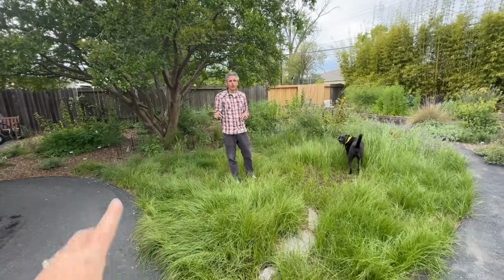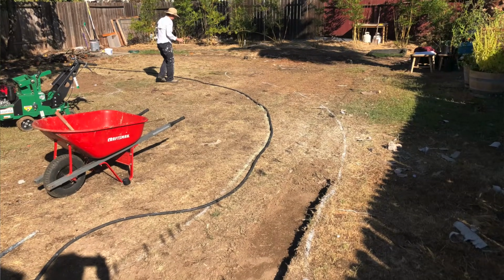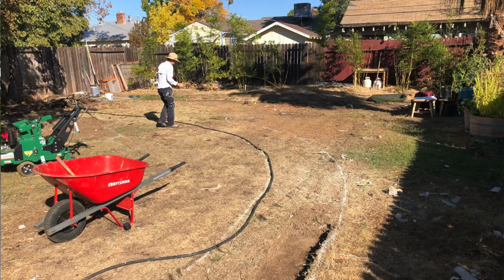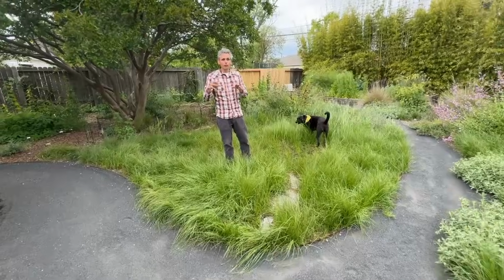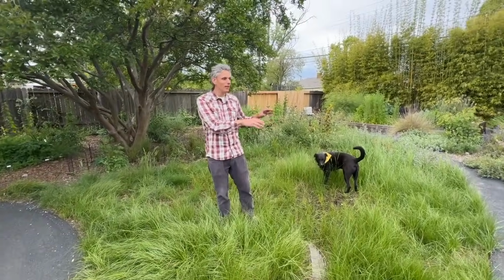We'll show a big before shot right now, so you guys can see what it used to look like. There's some very sad turf here. And so the city gives you a per square foot price to convert your previous turf-based landscaping to